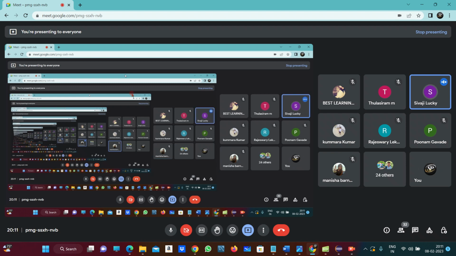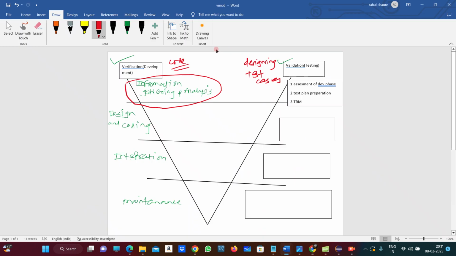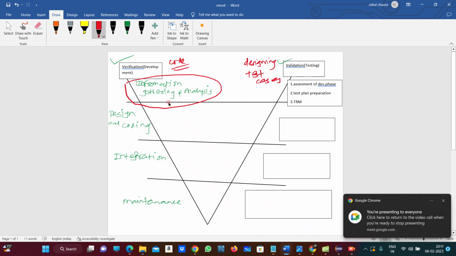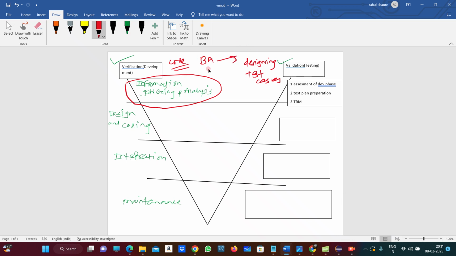In the information gathering and analysis stage, the BA will create one document. What is the document name? That is BRS. In the analysis phase, the BA will create the SRS document as well. On the basis of that SRS document,